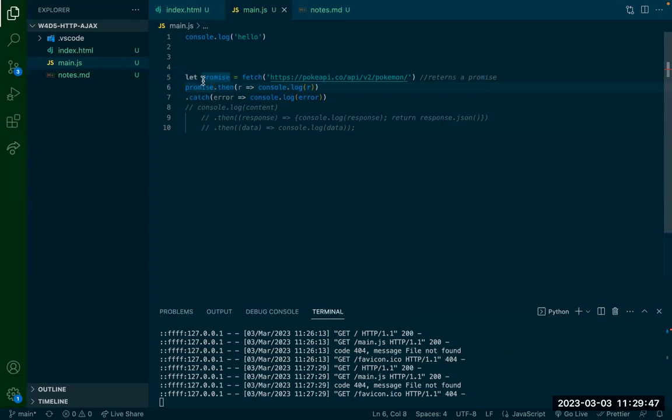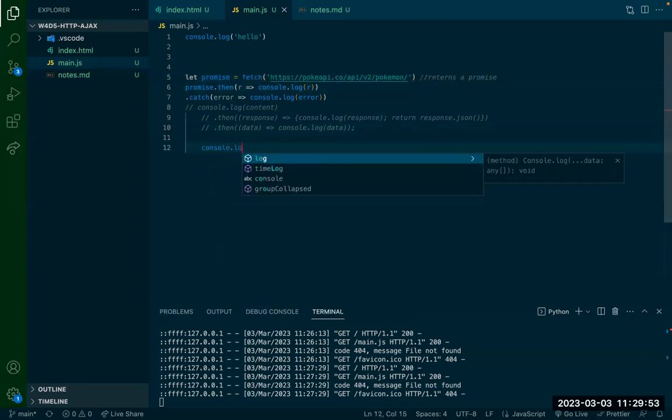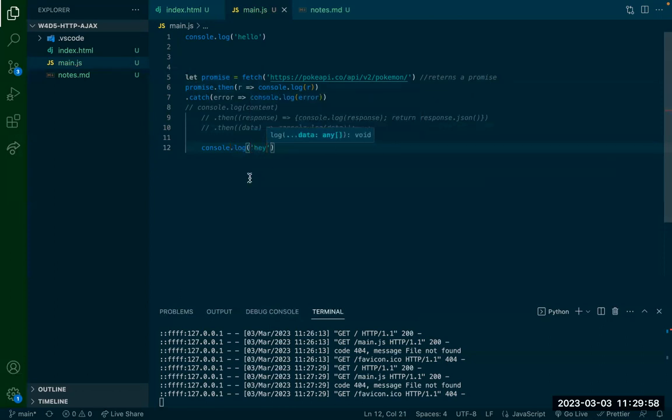So if you don't have a .then and you just do this fetch and you have some other code here, you can't really do anything with this. It's just going to send out the request, may probably come back eventually, but you're not doing anything with the promise. So it's going to immediately go to the console log. But the .then allows you to wait for the promise to resolve, and then you can use the stuff